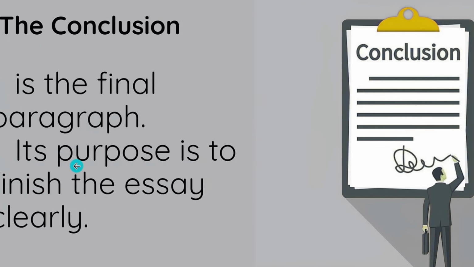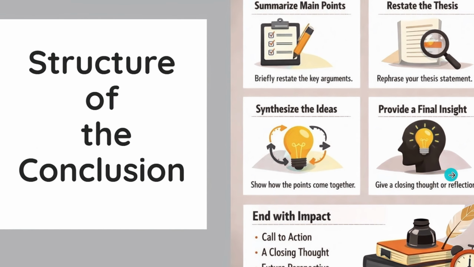It is the final paragraph. Its purpose is to finish the essay clearly. And the structure of the conclusion looks like that. Summarize the main points. Briefly restate the key arguments. Restate the thesis statement. Rephrase your thesis statement. In other words,